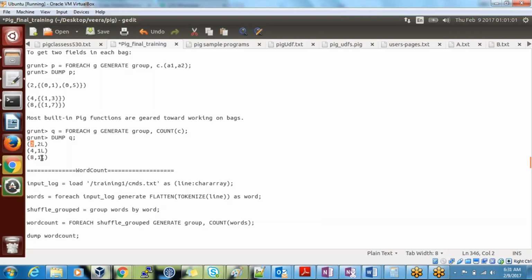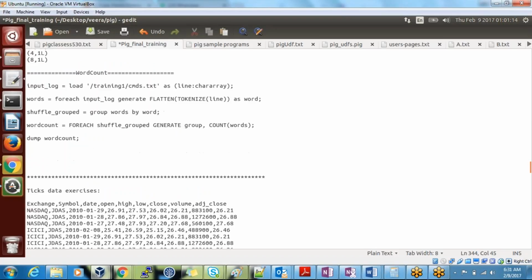Okay? This is what we have done in so many previous examples. For each generate this and group count by something, you can give an alias name also, and we can use that alias name in further classes as well. Okay? So here is a very simple word count example, the flatten example. Flatten is the keyword. Where you want to break one tuple into multiple single fields, we will use flatten.